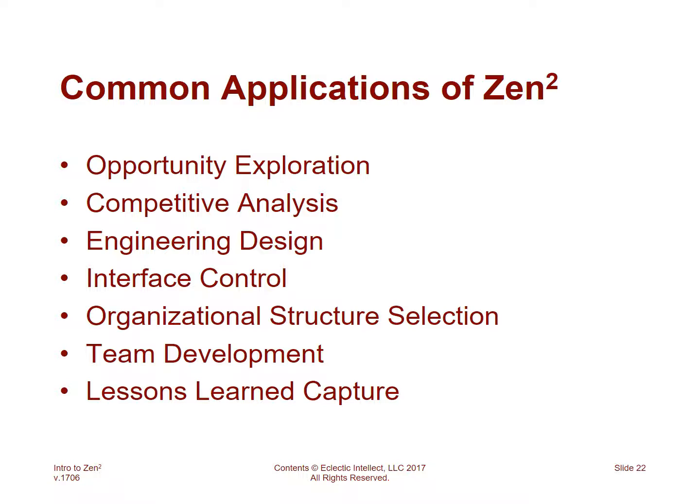So anyway, there are tons of applications of Zen-squared. It's been used to figure out why devices at the South Pole aren't doing what they're expected to when they're drilling into deep ice. It's been used to produce new products. It's been used to design aerospace systems and equipment. It's being used right now to alter the organizational structure of a couple of major corporations. So there's a real richness to this. I would encourage you to think of any place that relationships between anything you can think of exist. There really aren't that many classes of tools that are powerful in this space. This is almost an Excel for relationships and ideas.